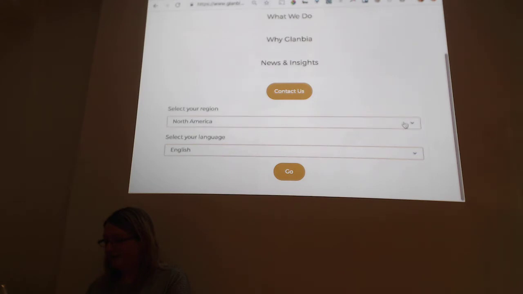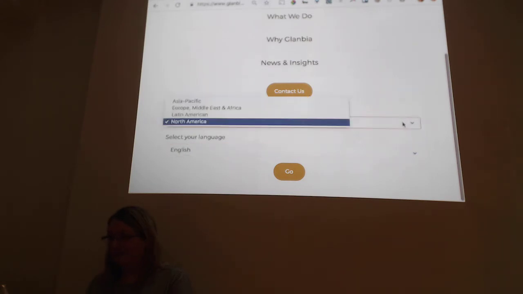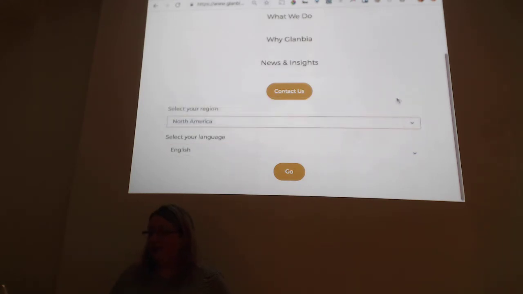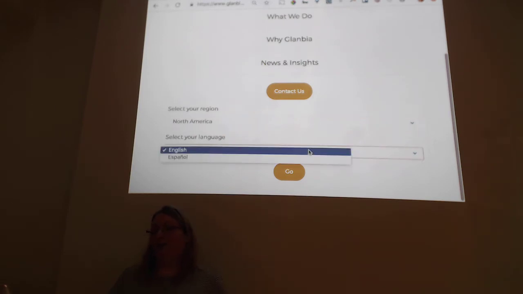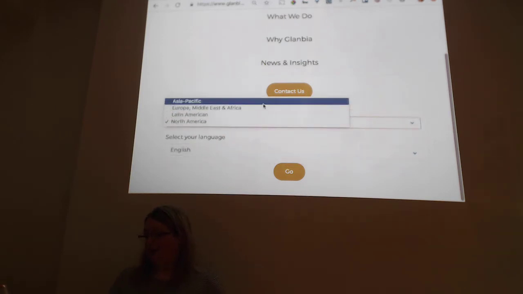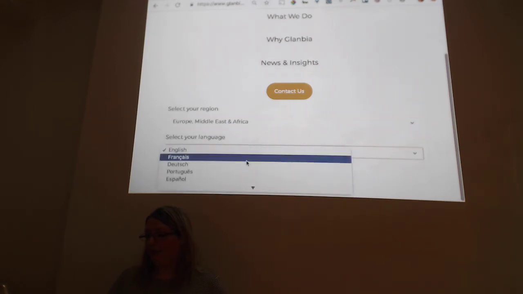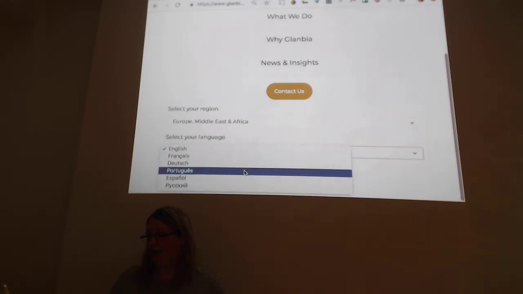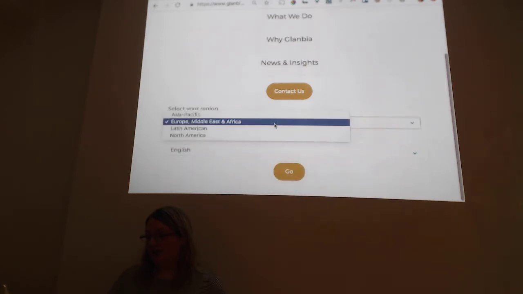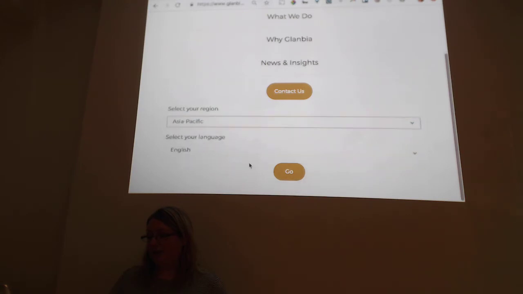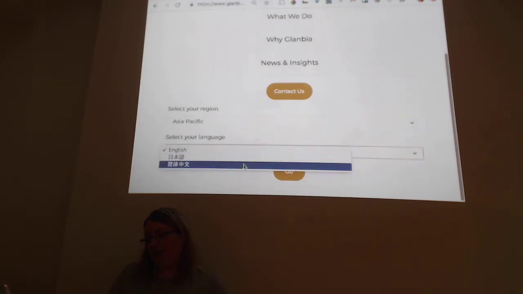Is it translated into any languages or only Spanish? English and Spanish are the only ones available in North America. If I go to Europe, then there are the languages: English, French, Dutch, Portuguese, Spanish, and Russian. Asia Pacific has Chinese and Japanese.